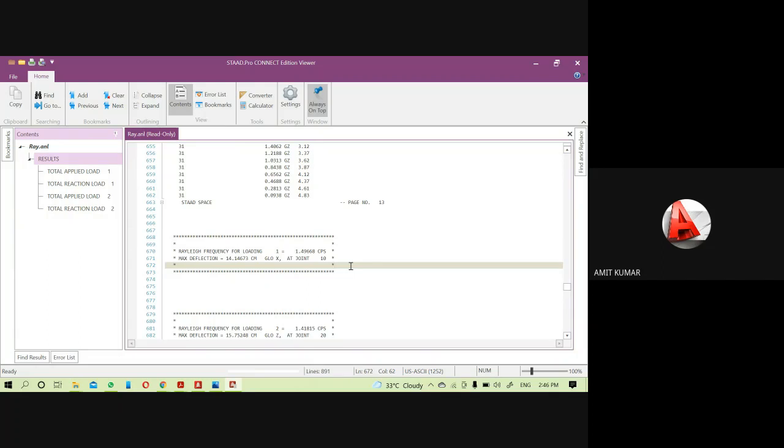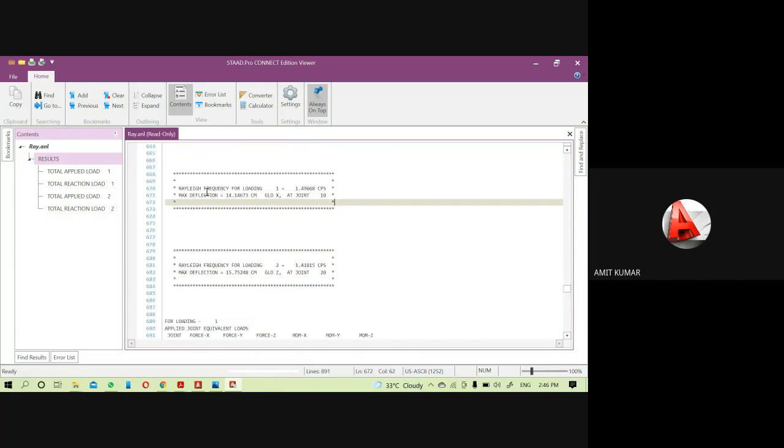So you will get approximately 0.68 something. Okay, so that will be the time period of that Rayleigh view.